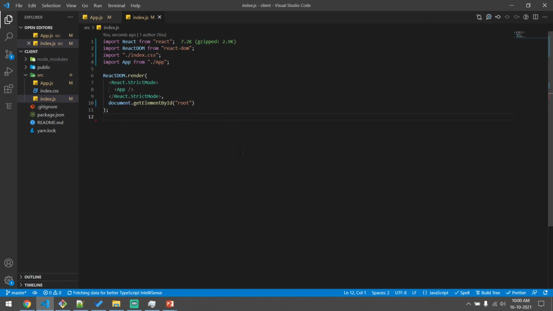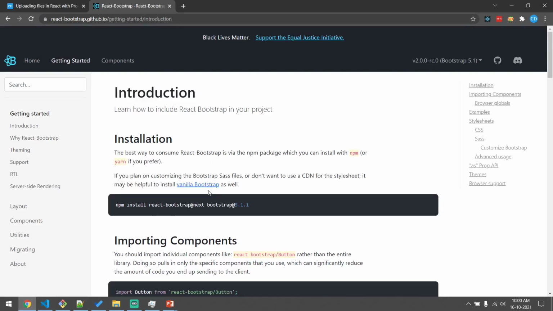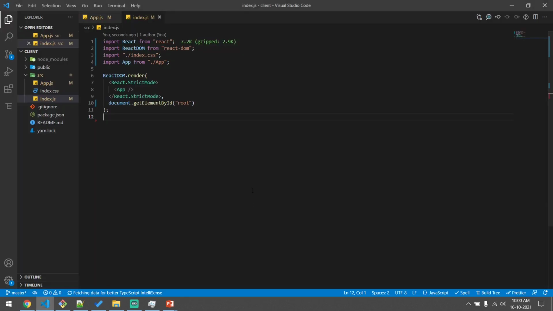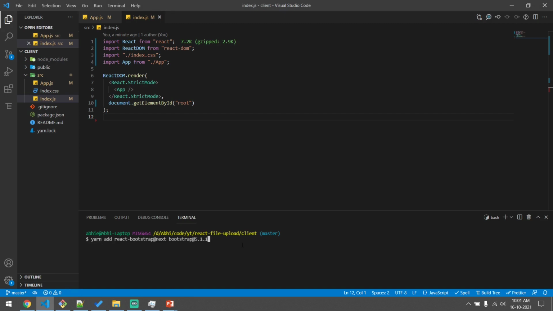Since we will be making use of React Bootstrap for constructing the UI elements, let's go ahead and install that. I'll copy the command from the documentation. Let me open the terminal. Since I'm using yarn, let us do yarn add react-bootstrap as well as bootstrap.